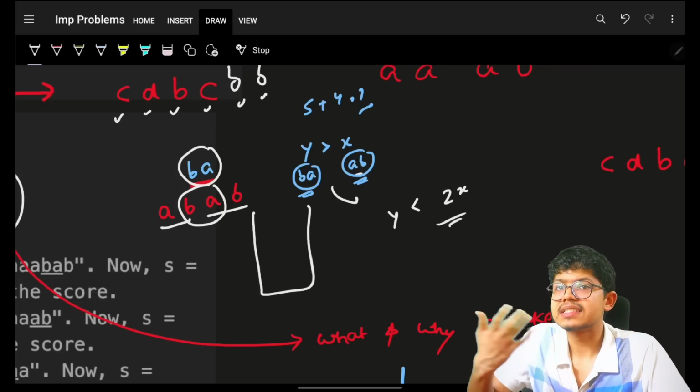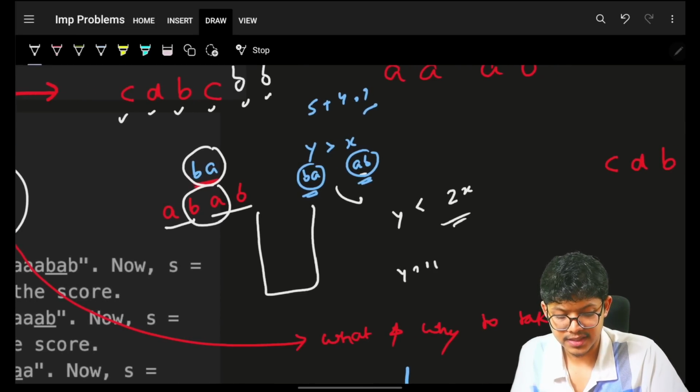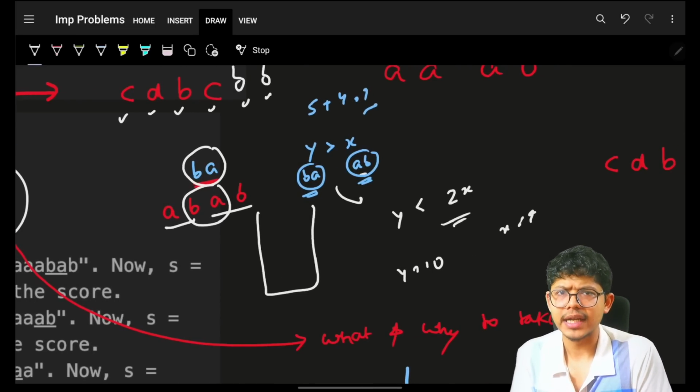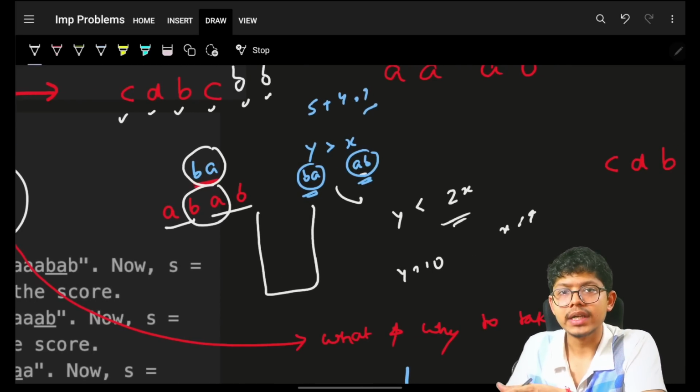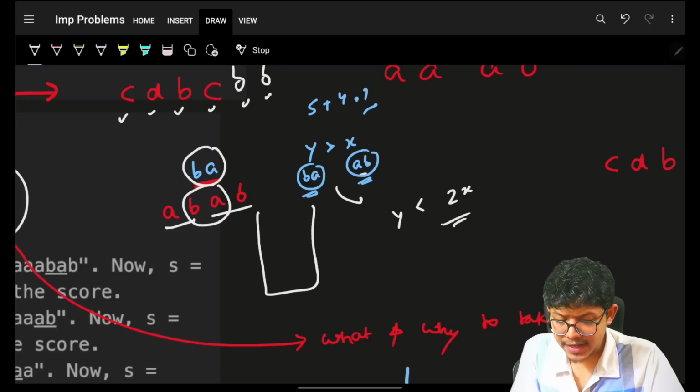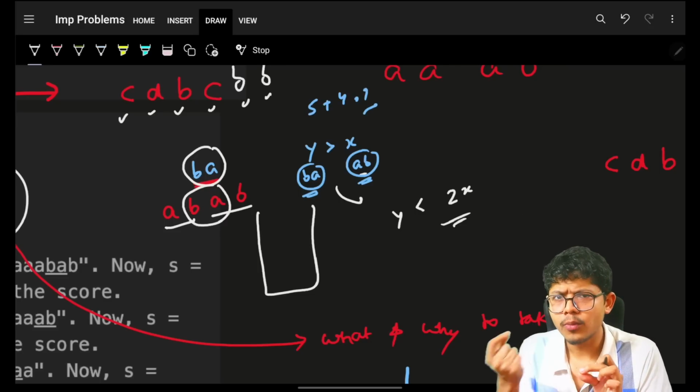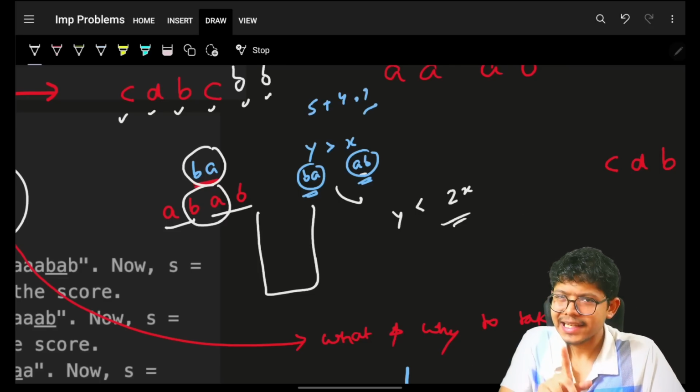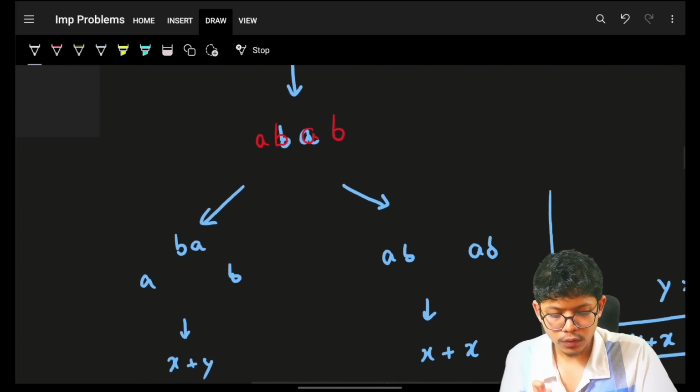But okay, maybe in the scenario when Y is, let's say, 10 and your X is only 4, then it might not be good. You might again go and take BA only. So is it dependent upon how much Y is more than X? Is it dependent upon that? Technically not, because if we go and look at it,